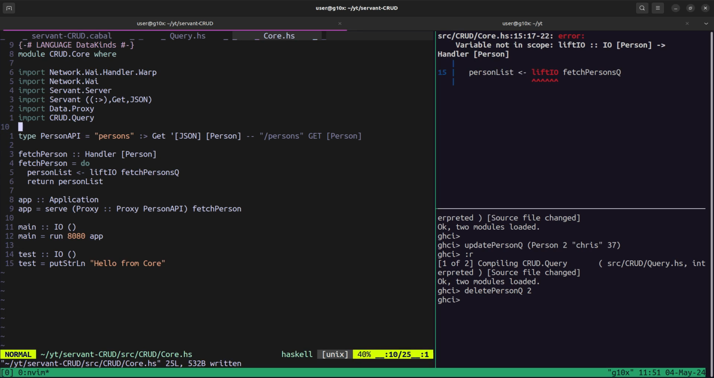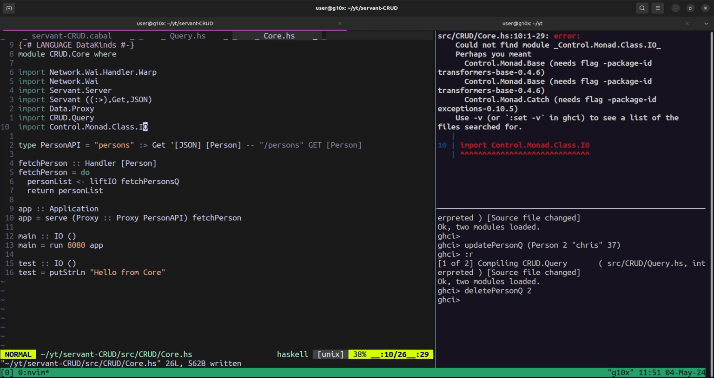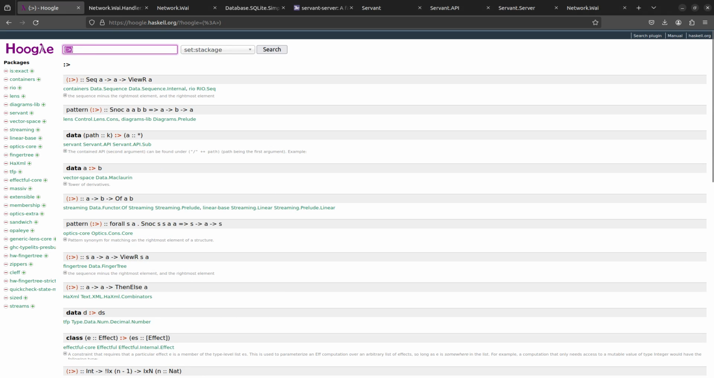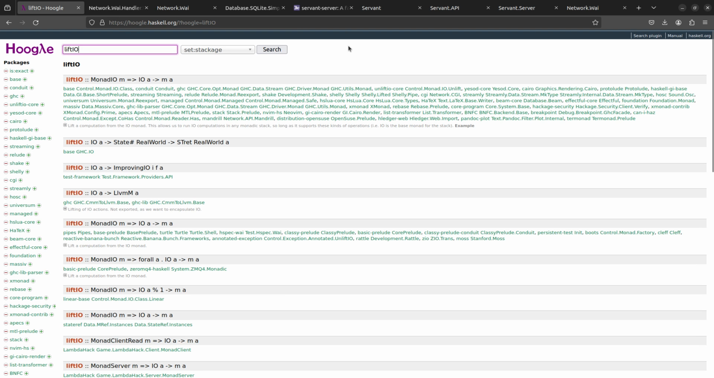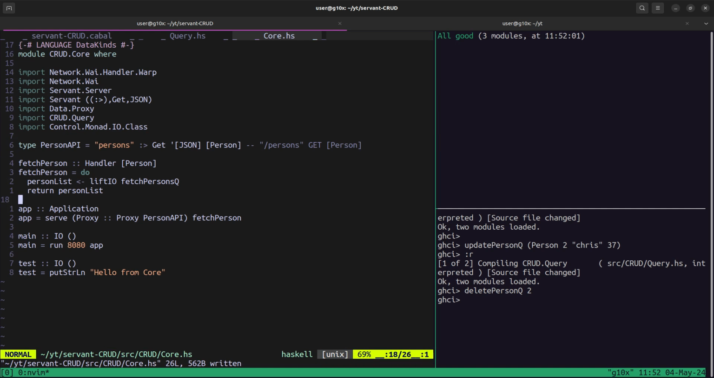Okay, and liftIO is part of Control.Monad.IO.Class. Could not find more. Okay, let's see from which module liftIO is. Control.Monad.IO.Class. So it should be IO.Class. Okay, all good. So we have written an API